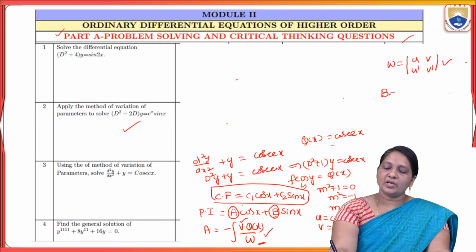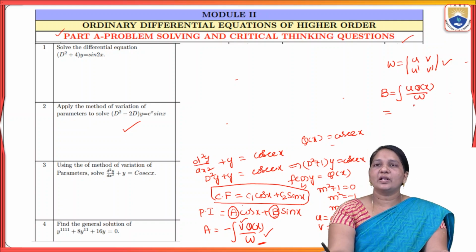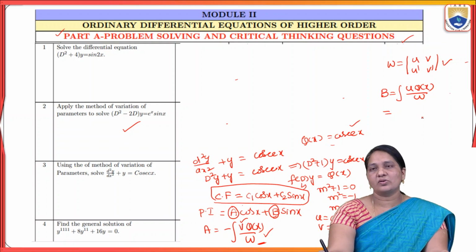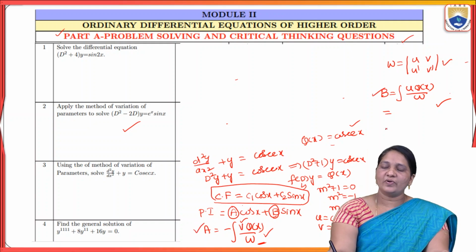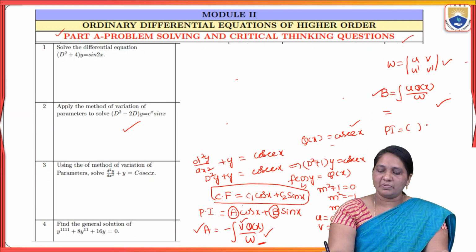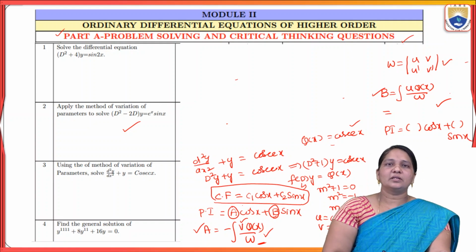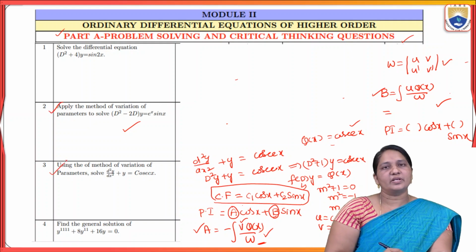After that, in the same way, in the formula of b, that is integral u into q of x by w. What is the u value? U value is cos x and q of x value is cosecant x by Wronskian value. We can calculate the b. So already we know a and b. So finally I can write the particular integral, that is equal to a value we replaced into cos x plus b value we replaced into sin x. So like this we can calculate the general solution of the given equation by using the method of variation of